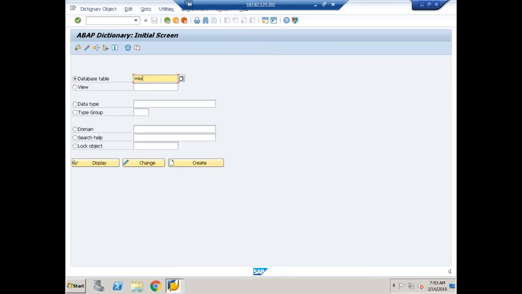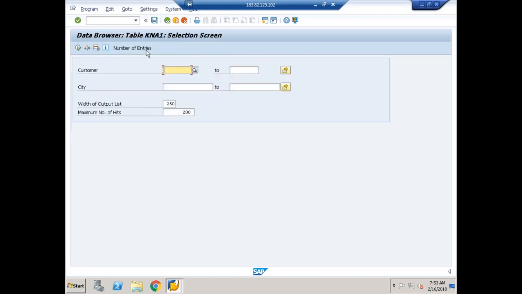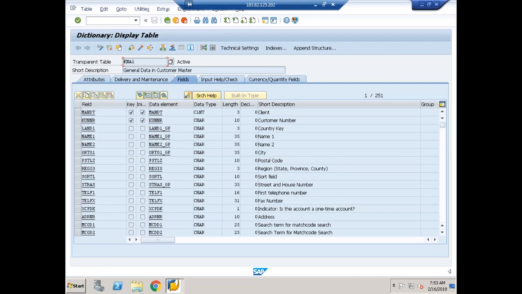Now if I go to the ABAP dictionary, we have many tables. Let me go for the VBAK table, or let me go for some KN1 table. It has got many records, some 301 records. So let me take this KN1 table. From this KN1 table, I want to get some fields like customer number, name one, and